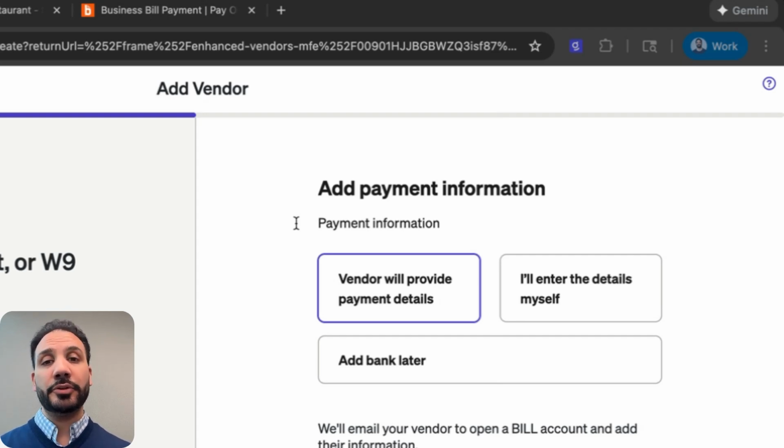So when you pay a vendor who's joined the network, you pay $0 in wire fees for both USD and local currency payments. Exchange rates may apply, but there's no wire fees for sending payments in any currency when the vendor joins the network. So now we can confirm this email and go to the next page and finish the